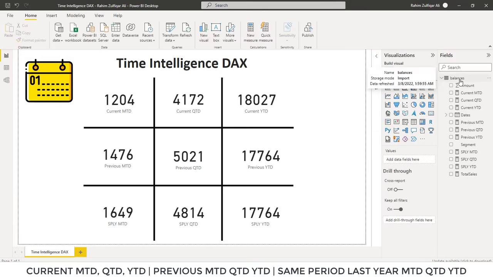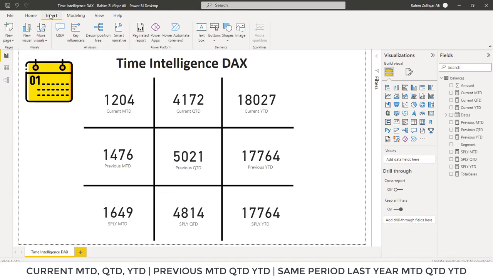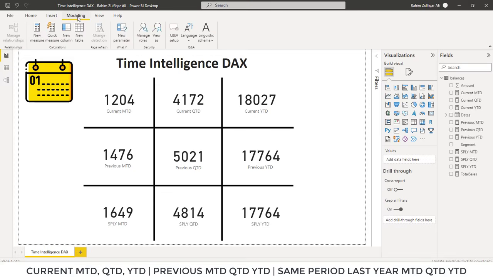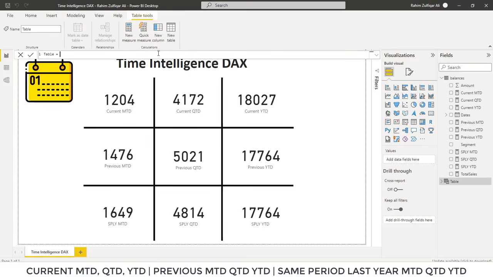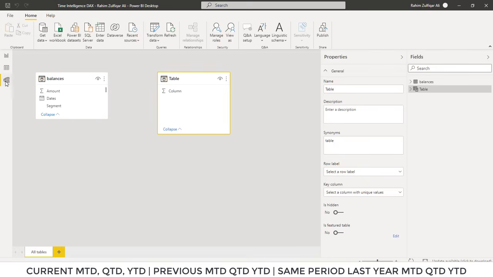Thing is that as you can see here in my fact table, there are a lot of explicit measures now, and we want to shift all the explicit measures into a different table, right? So a simple technique is that I will go to the modeling tab, I will click on new table, and here I will just press the enter key. So I will get a table and I will go to the modeling tab. Okay, and first I will rename this as all measures,